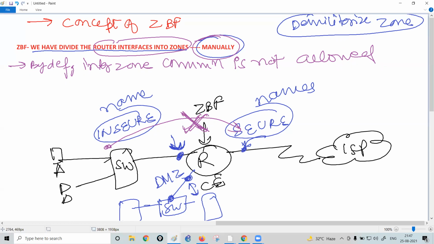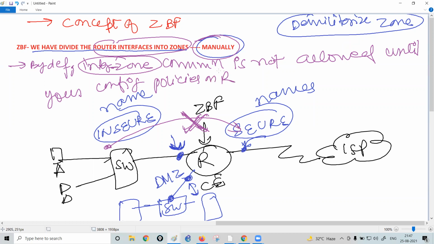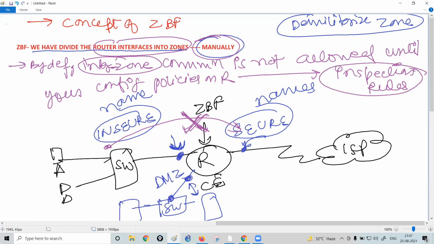By default the inter-zone communication is not allowed. Is it clear? Until you configure policies on the router to make the communication happen, and such policies are known as inspection rules.